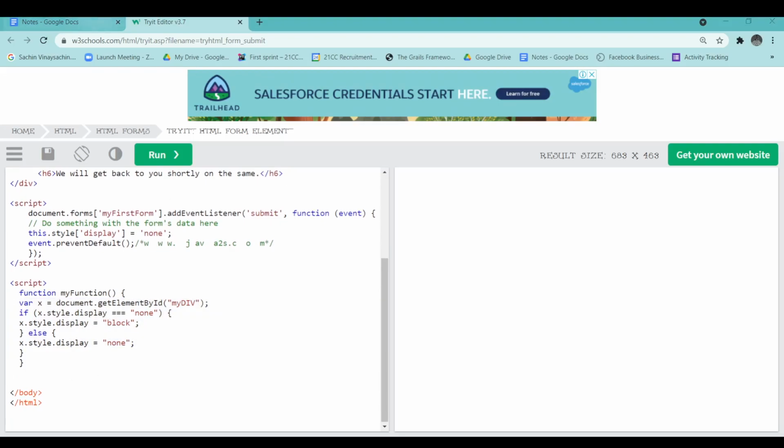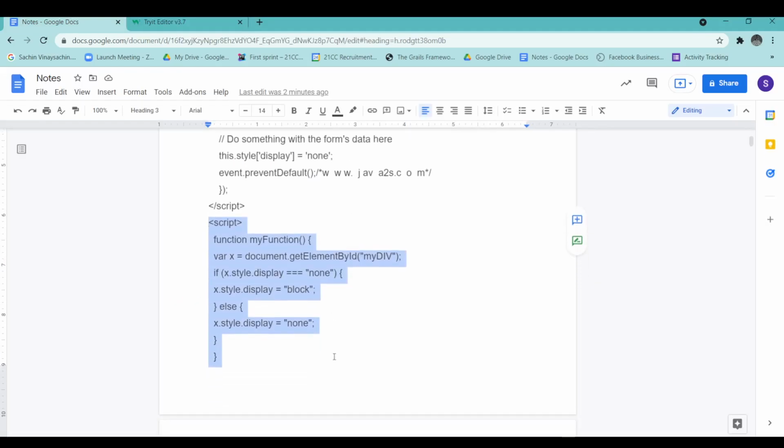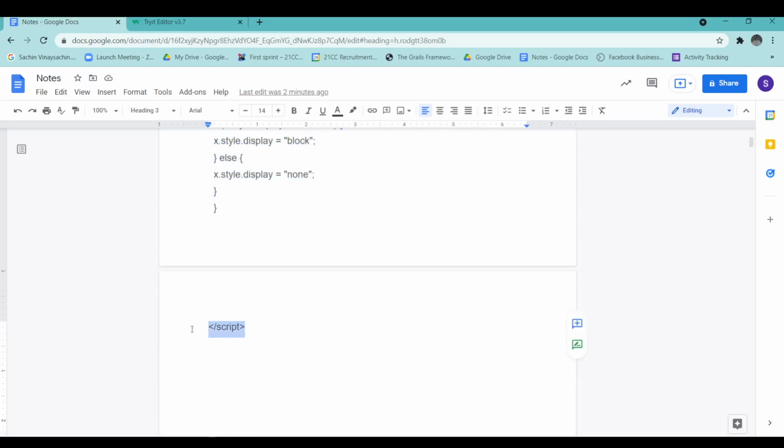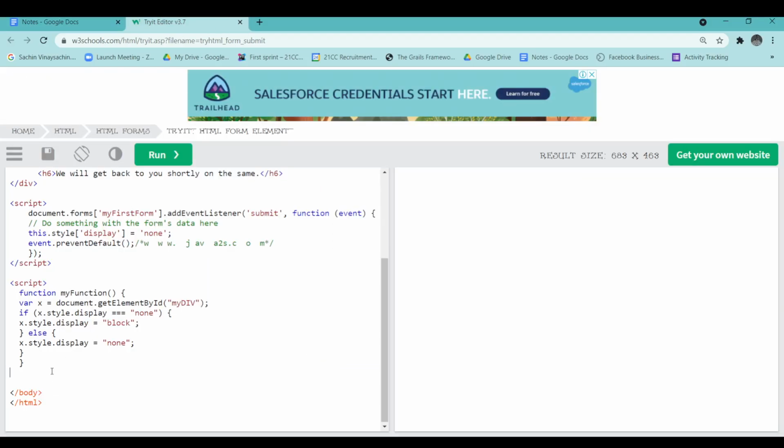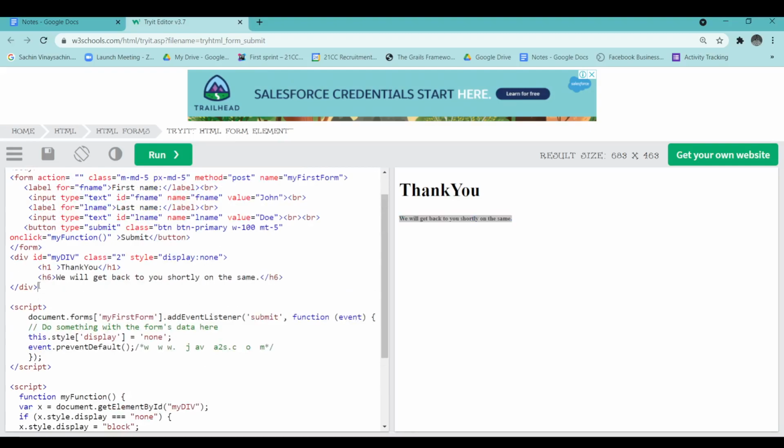Okay, so it's not finished yet. Yes, the script was left. Now if I run the code, you can write whatever you want, Sachin, then submit. Boom, thank you, we will get back to you soon. So this is the div which I was writing, and here you can change it to whatever you want.